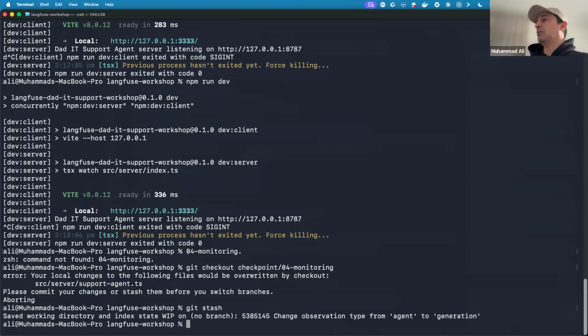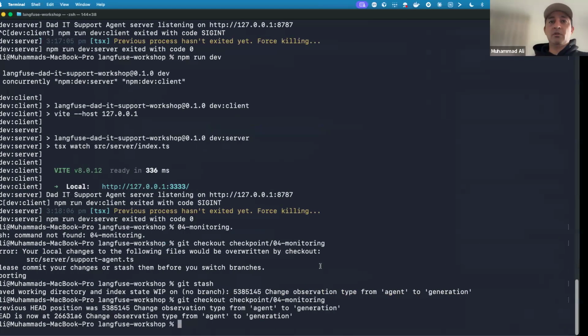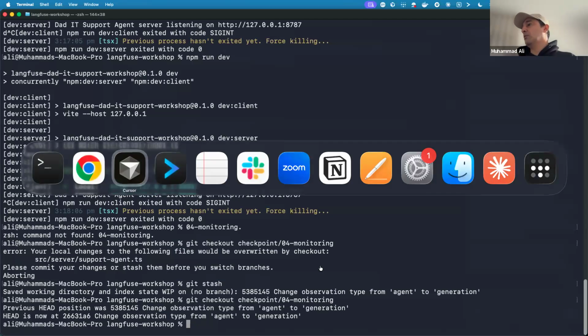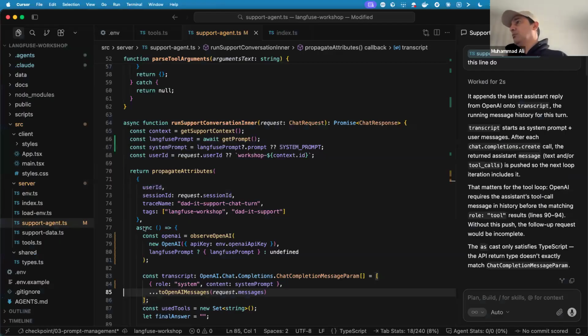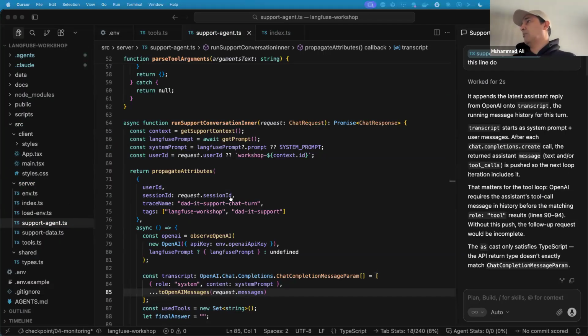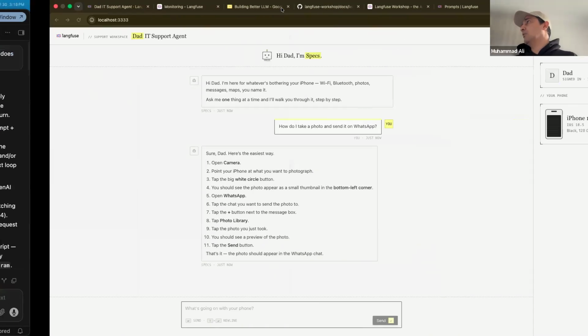So if you are struggling to do that, you can git stash that, and now we are back. Our code is in the right shape. So if I go to the code, nothing is changed. Perfect. And now I will go back to my instructions.